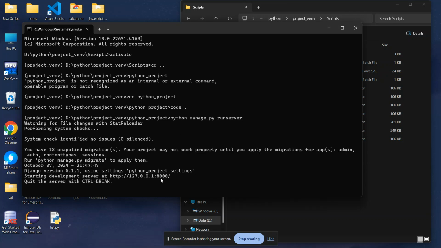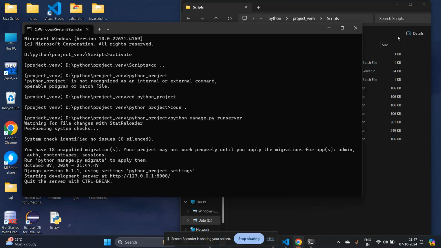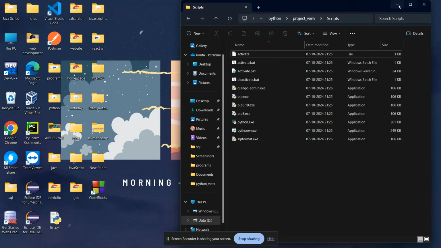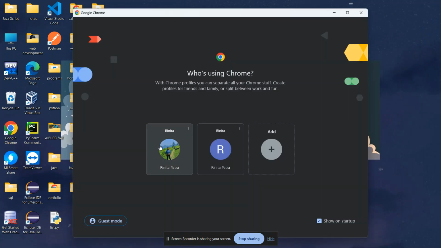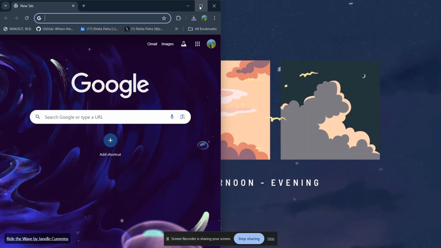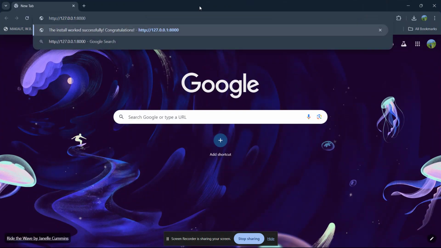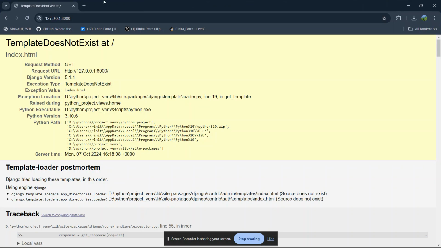If you press enter, you can see here it is showing an address, and we have to copy and paste it in our Chrome. So I'm opening Chrome, and here I'm putting this and then enter.